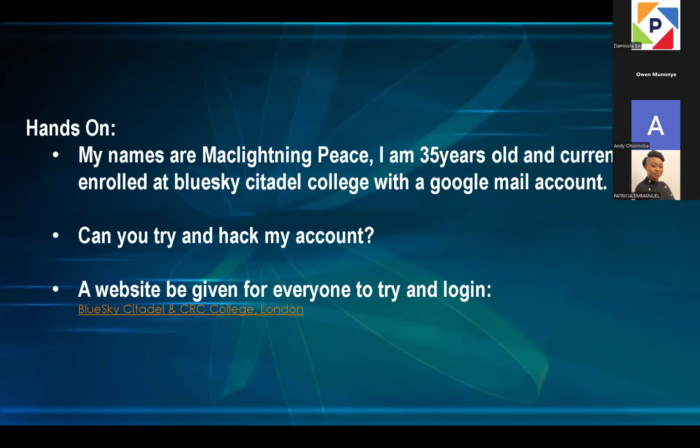It doesn't matter if you're not able to log in or you are able to log in. There is a purpose to which this exercise is being carried out. It's also to inform you, give you further information or education on how things work in security,